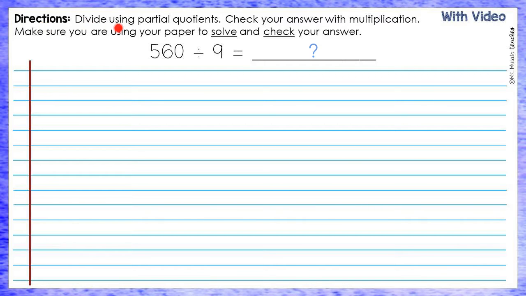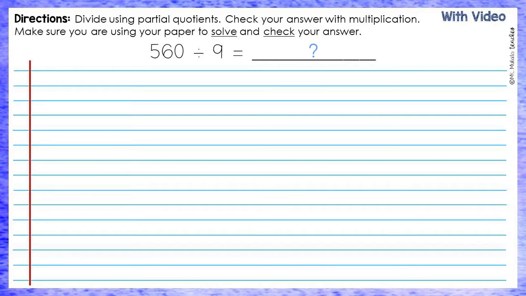Directions. Divide using partial quotients. Check your answer with multiplication. Make sure you are using your paper to solve and check your answer. Make sure that your paper is in front of you, and we can begin by solving 560 divided by 9